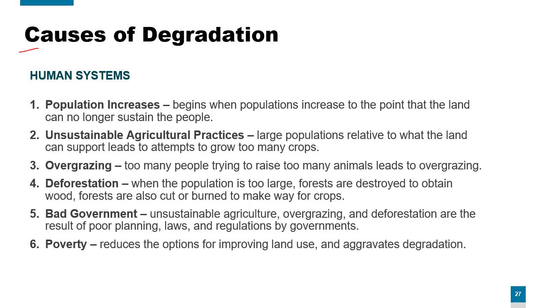So, we have here the human systems. So, of course, humans are the main cause of the degradation of our environment. Let's start. Ano nga ba yung mga factors? Okay, we have here population increase or population growth. Begins with population increase to the point that the land can no longer sustain the people. Next, unsustainable agricultural practices. Large populations relative to what the land can support leads to attempt to grow too many